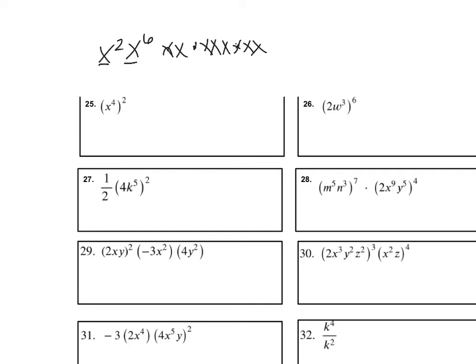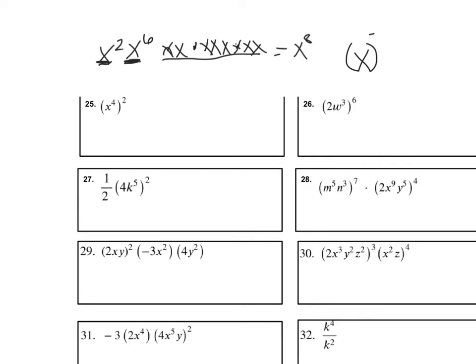So if I'm multiplying those, that means altogether I have 8 of the x's. Okay? So when you're multiplying, you have the same base. You just add the exponents. Now, if I